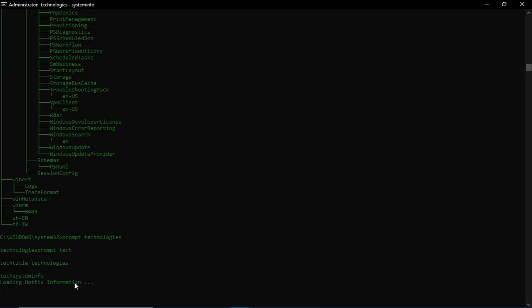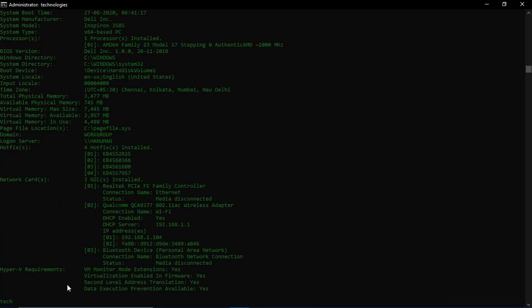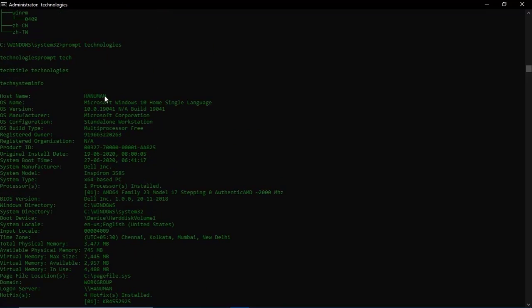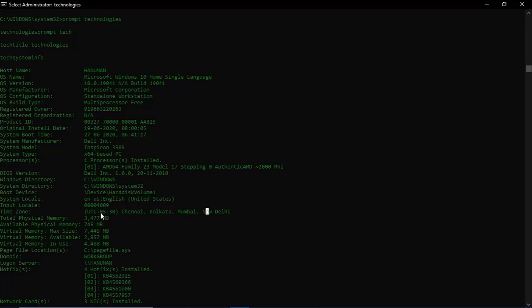You can see here, like this you can see your laptop host name, product key, the manufacturer name, model name, and whether your operating system is 32 bit or 64 bit, you can check that also here, and processor type and processor name also. With that you can check the BIOS setup date also, and you can see the time zone, the exact time location that you gave while installing, that also you can see here.